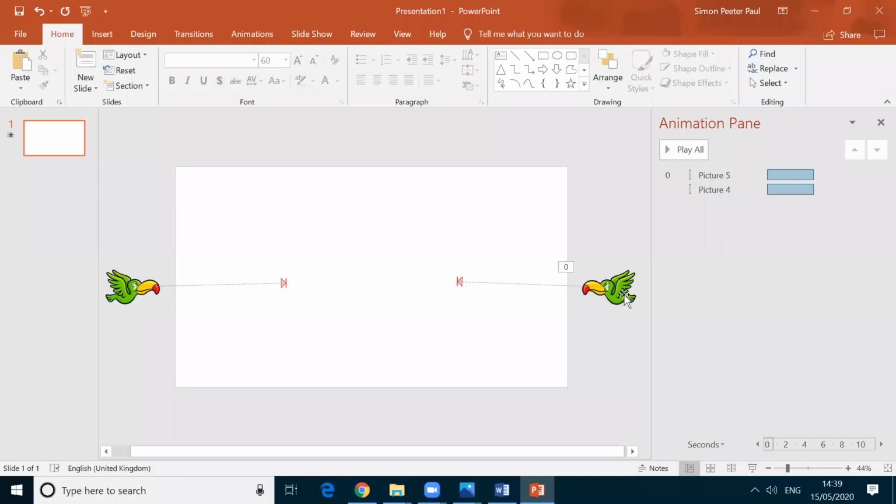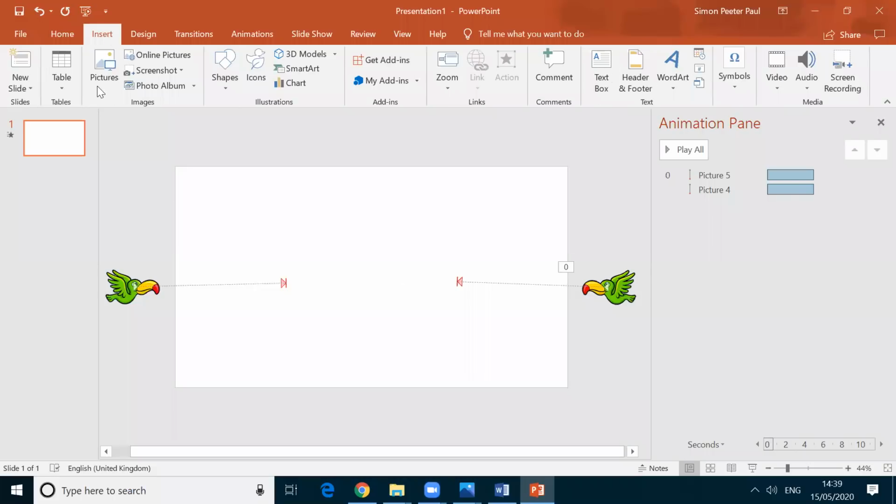I want this bird to speak through callouts. Callouts, it's nothing but the dialog box. You need some dialogues. This bird has to speak hello. Here I need one dialog box. Here it is called a callout. I need one callout that you can insert. To add anything on this slide, you all know that you have to click on insert. Here in the insert, I'm not going to picture. I don't have any picture of callout. Here there is the option shapes.